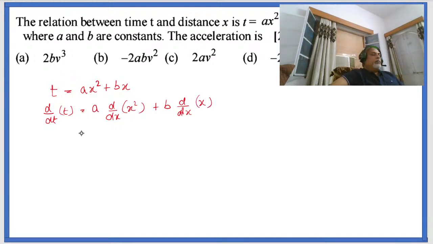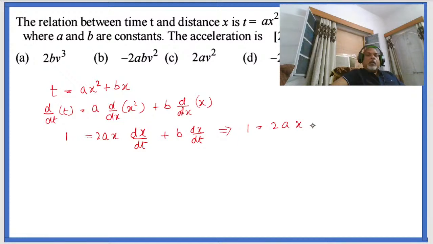Correct. So this will be your 1, this will be your 2ax dx upon dt plus b dx upon dt,